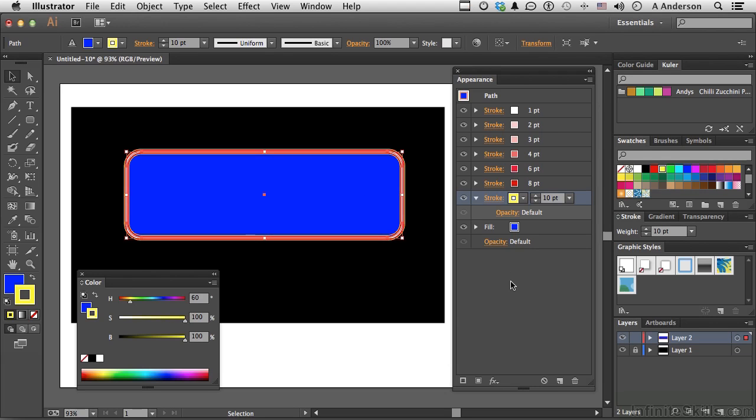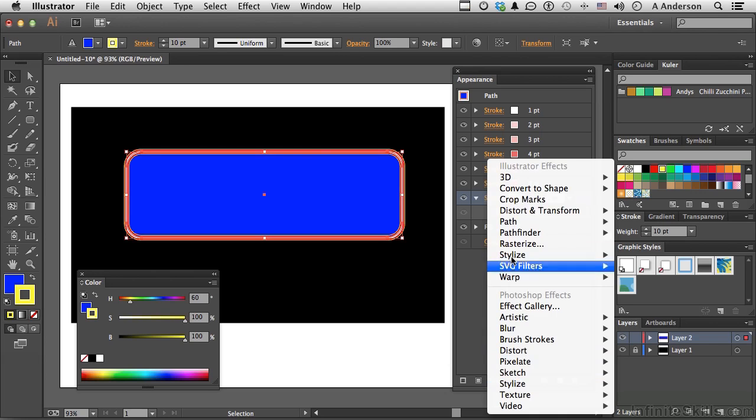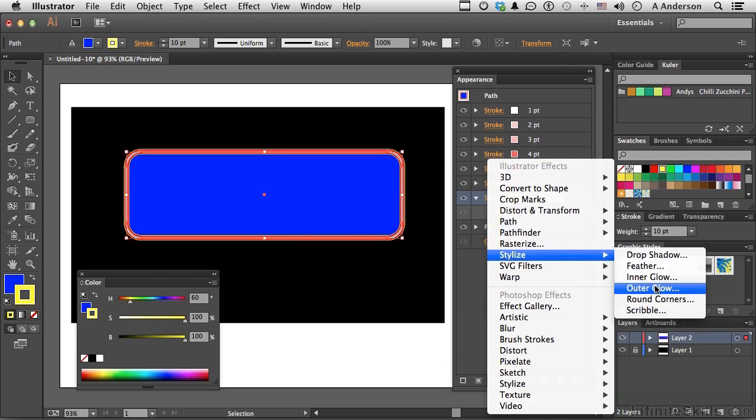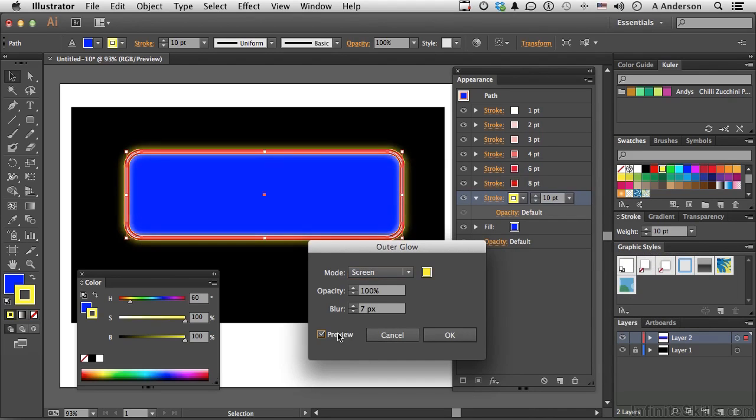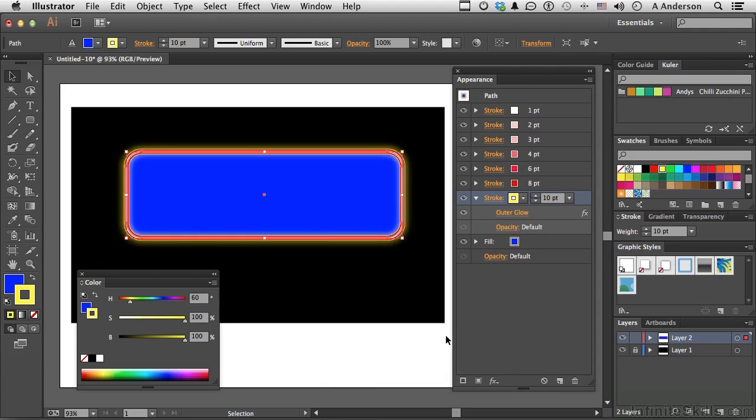Reselect it again. Go into your FX button right here with that selected, of course, and go into Stylize, Outer Glow. Turn on the preview. See, we need to soften it up a little bit. Make it look like it's glowing to give it that diffuse effect. You could play around with this. I think that's fine, to be honest with you. I'm going to click OK. And there you go. The appearance panel,